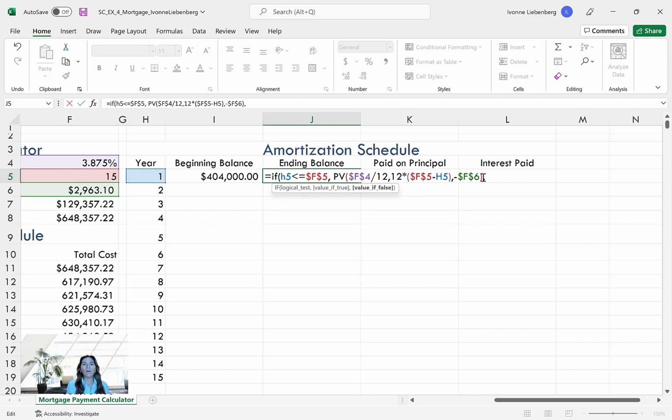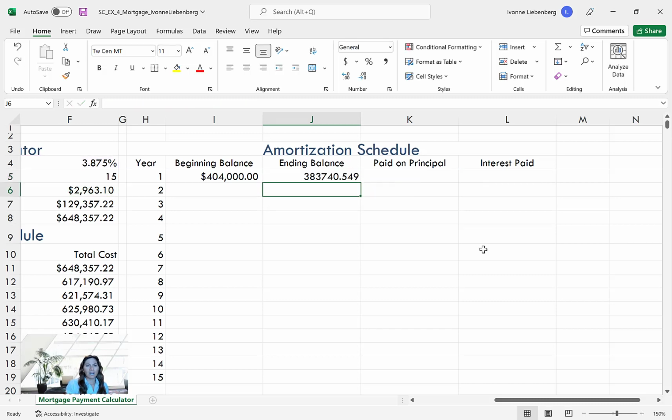All right, so now we're going back to the IF function argument, right? What we just entered is what Excel is going to return if this condition is true. What happens if this condition is not true? Then we want it to return a value of zero, right? So the comma, 0, and then close your parentheses. All right, you can go ahead and press enter. Let's make sure that we got the correct number. We should see a